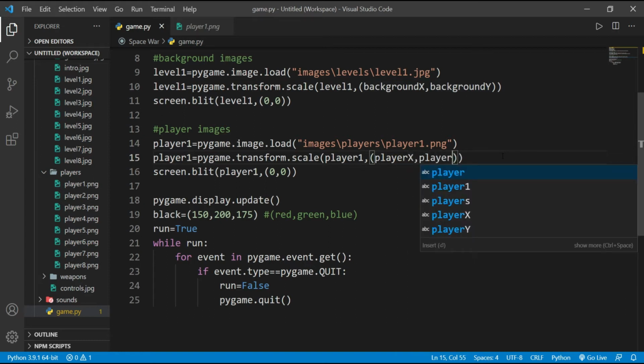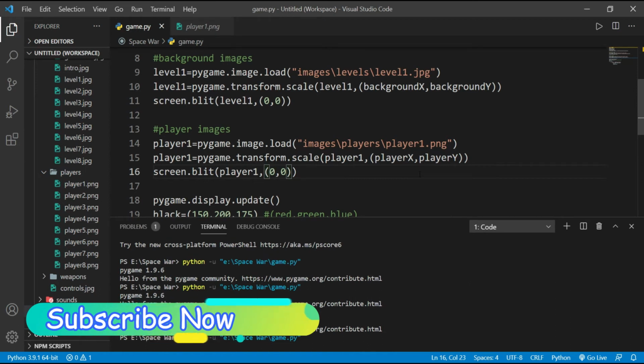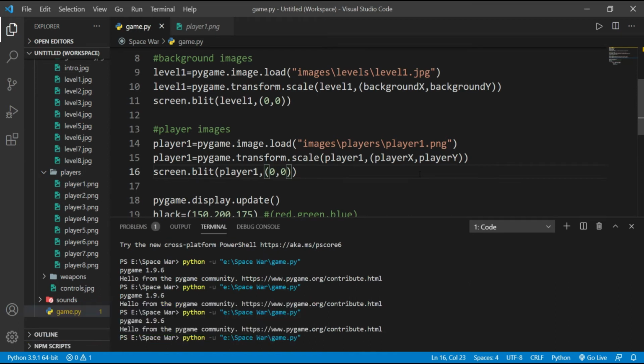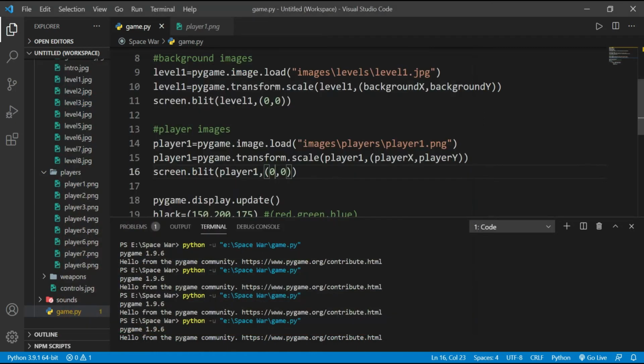Player x and player y. And now here I will run it again. So as you can see, it has given us this. So our player is at 0,0 position of the screen. Let me correct this.